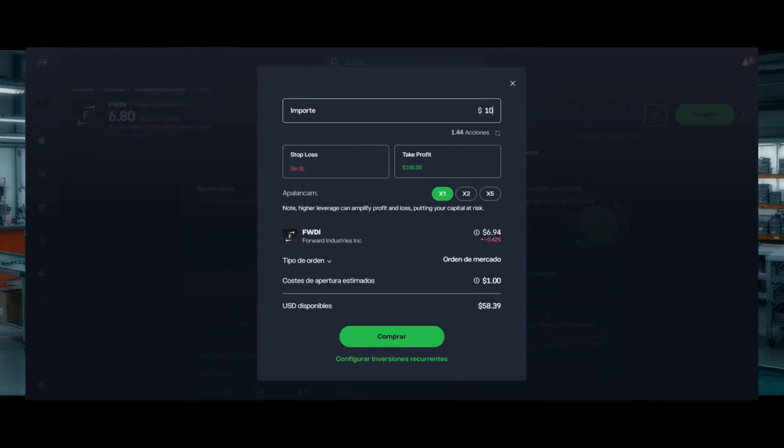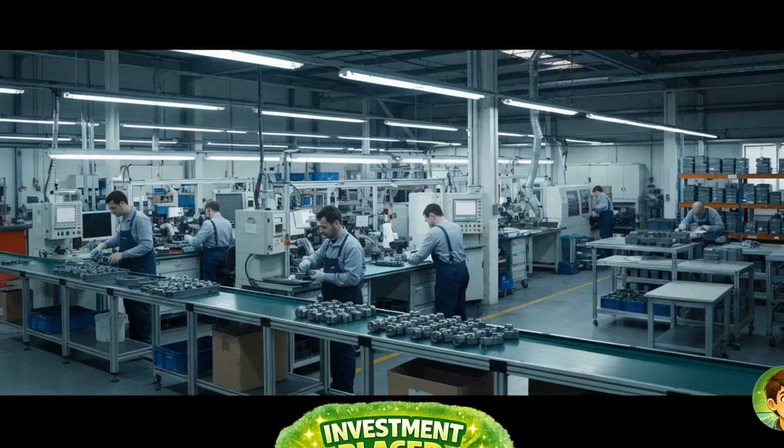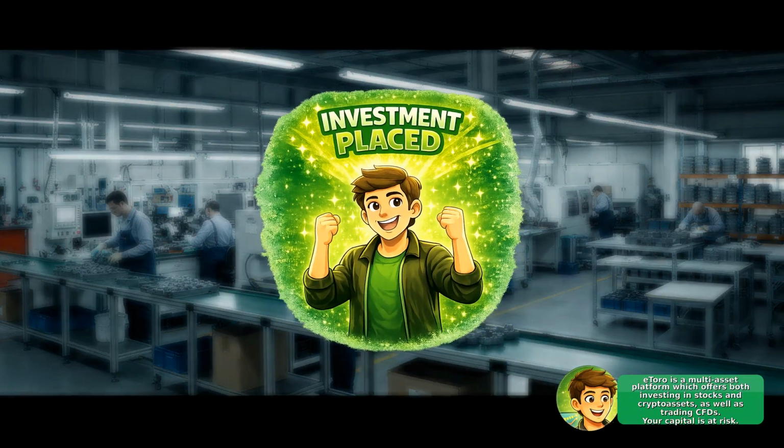Click Invest or Buy, enter the amount you want to invest, and review the order details before confirming. If the market is closed, your order will be queued and executed when trading reopens. If you do not have sufficient funds, the platform will prompt you to add money before the order can be confirmed. Once the trade is executed or queued, the position will